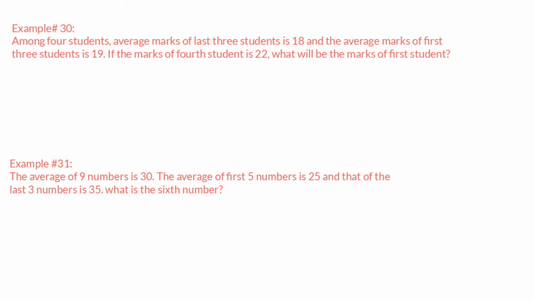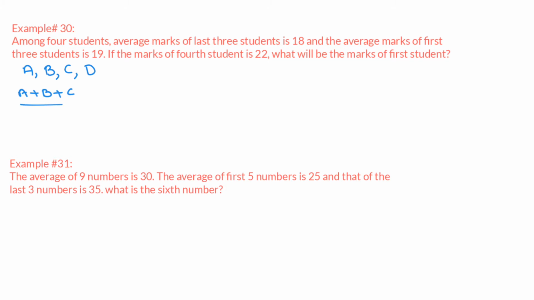Let us consider the 4 students as A, B, C and D. In the problem statement, the average of the first 3 students and the average of the last 3 students is given. Along with that, the marks of the fourth student is also given to us and we have to find out the marks of the first student. First of all, I'm writing the average marks of the first 3 students as